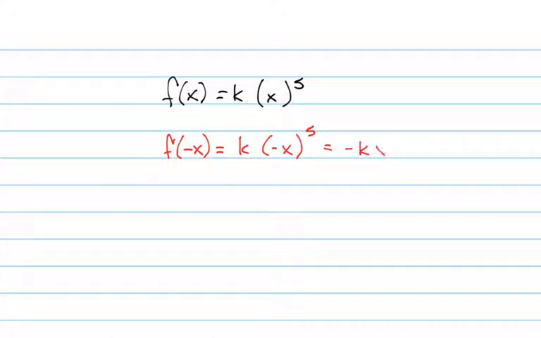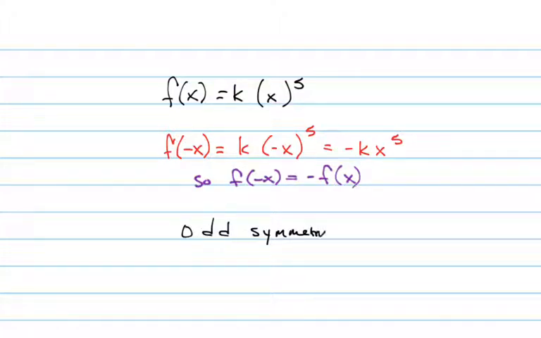So I have negative kx to the 5th. And so f of negative x equals the opposite of f of x. This is what we call odd symmetry. And we say it's symmetric about the origin,